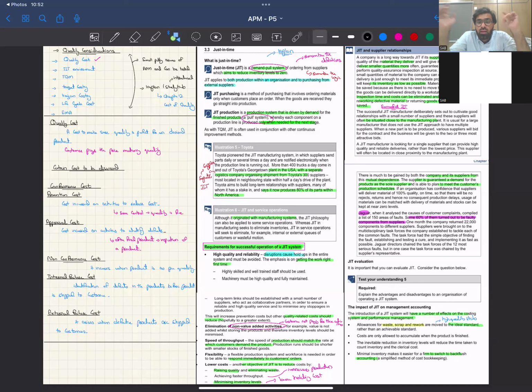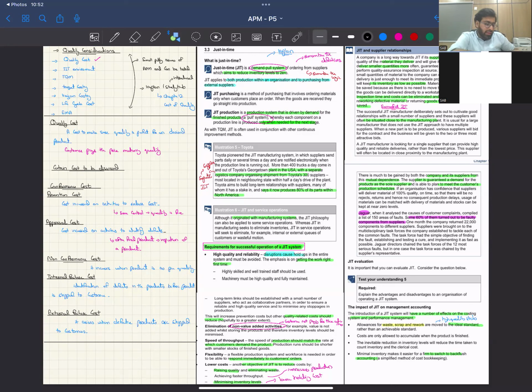The conditions are simple: you should have good suppliers with you. The suppliers' plants should be near to your plant so that timely delivery can be done. There's no chance of errors. There's no chance of an achievable standard, because you have lesser time to interact with the customer. So you make sure you are interacting with the best of your product, right?